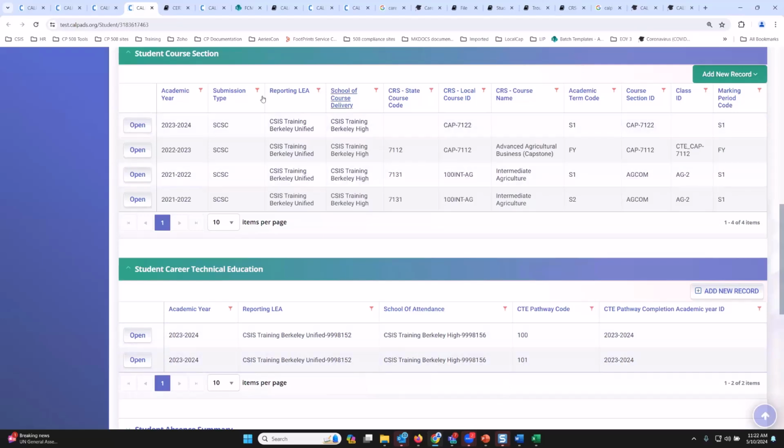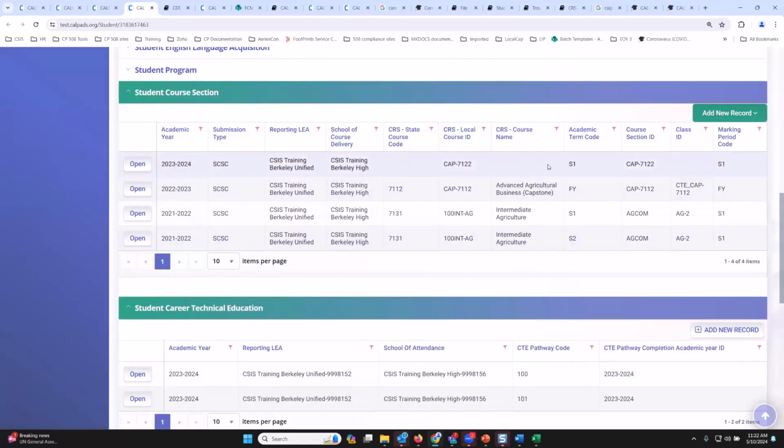Now let's go to this record. Why is CalPADS triggering a CERT 123 for this record if it's there? Can someone give me a clue? If you're a seasoned veteran, this missing information would give you a clue.